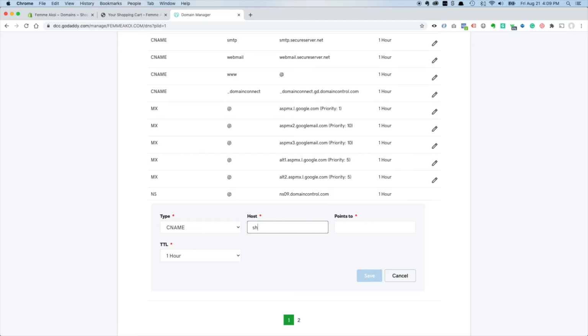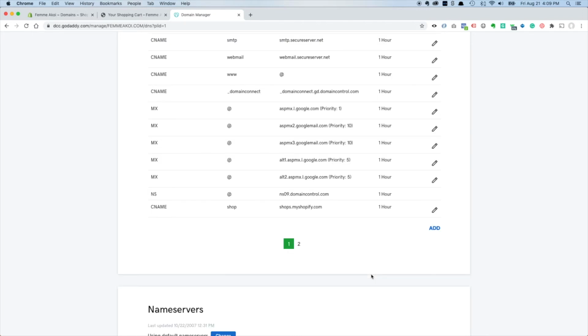And then the host will be shop, and then points to shops.myshopify.com. This is a URL that I got from Shopify. Just happens to be similar to this, but this is basically what I want to use for our domain. So it'll be shop.femicoy.com. If I wanted it to be store.femicoy.com, I would put store here, but I want it to be shop, and this we can just leave as it's set, and I will click save,